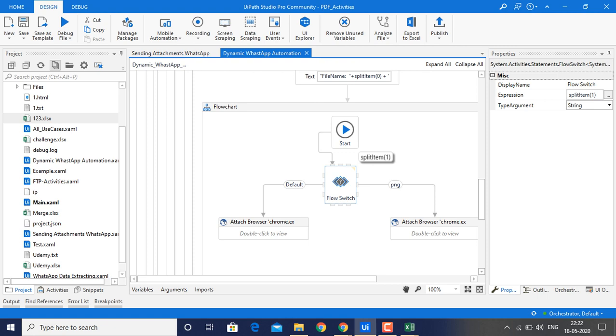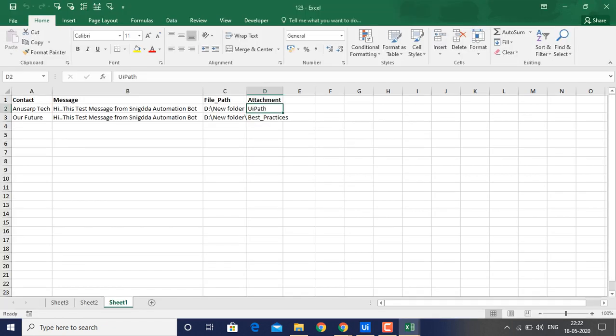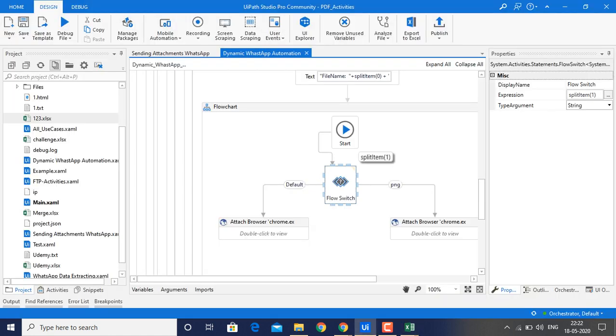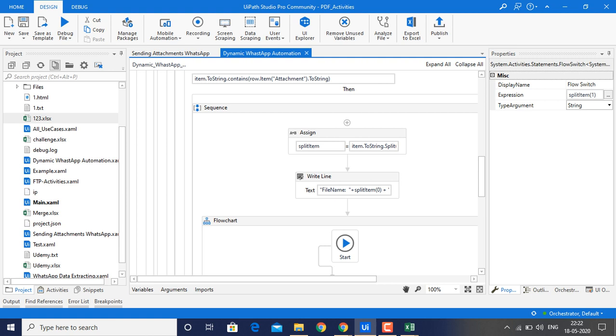If we know the extension, then we can design our code in a better way. I have taken a Flow Switch activity. Here I am assigning split item.one, because split item one means we have to divide our file names by extension.